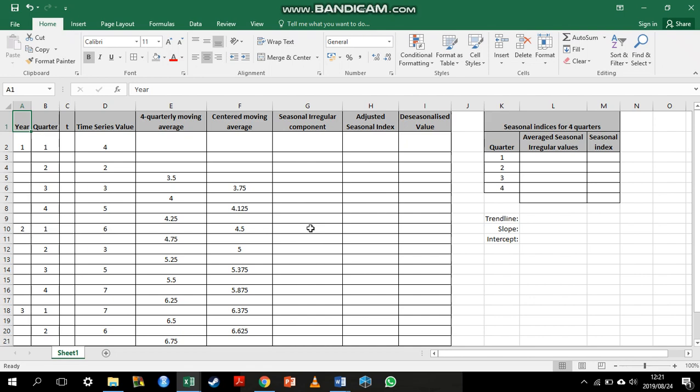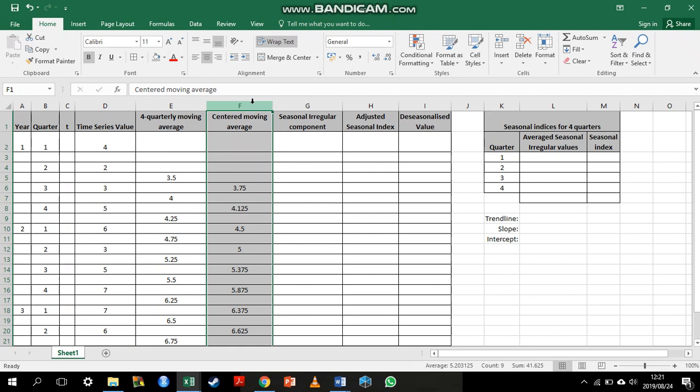In section 5 of your practical guide, you learned how to fit a multiplicative model to a time series dataset which has both a trend and a seasonal component. This video continues with that work and shows you how to simplify some of the steps involved using the AVERAGEIF and VLOOKUP functions. Now, I've already done our full quarter moving average values in column E, and I've calculated